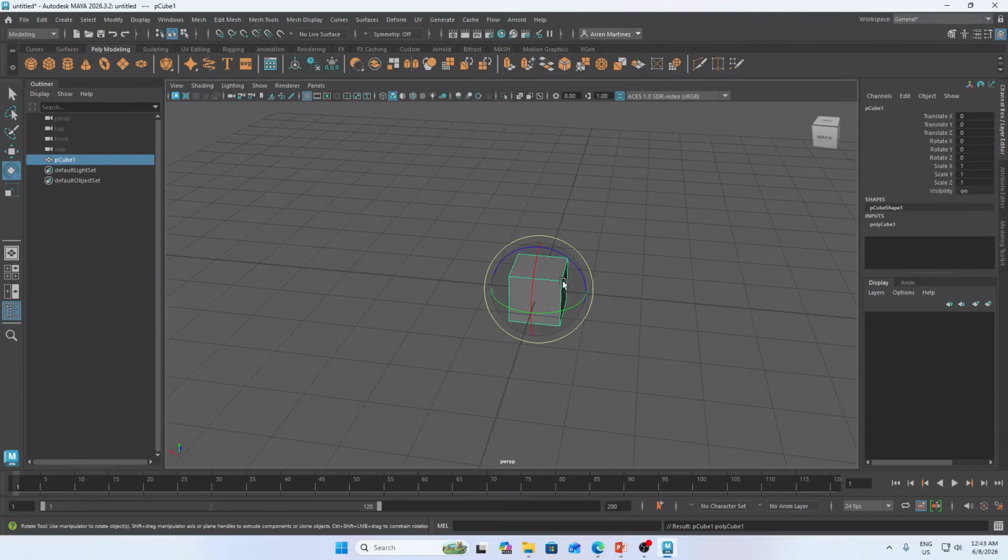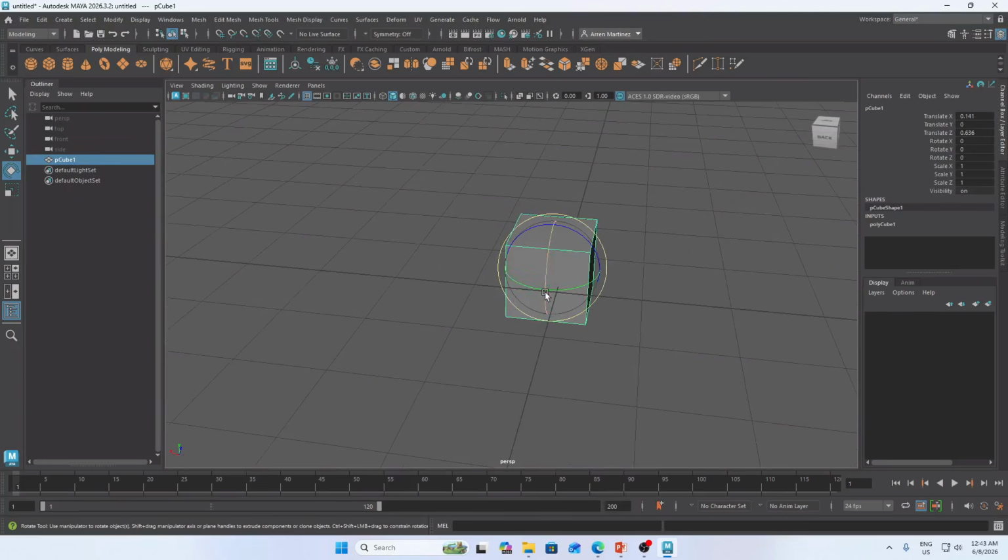So once again, to transform or to move, press W. To rotate, press letter E. To scale, R. And if you want to modify a particular part of your object, use the component tool or selection.